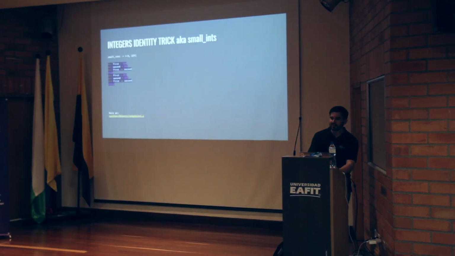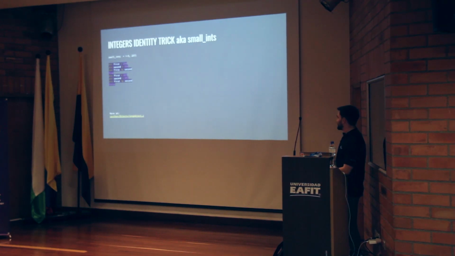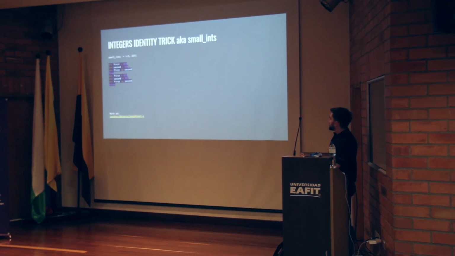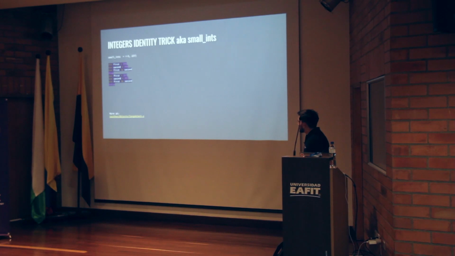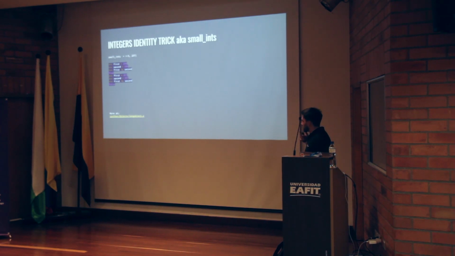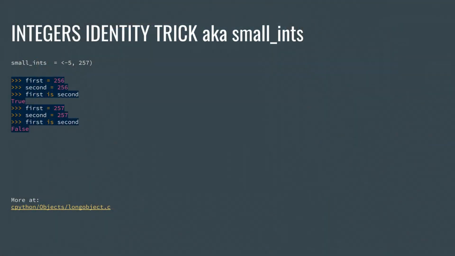Okay, this is a classic trick, regularly posted to Hacker News. If you read Hacker News, or follow Twitter, or you live somewhere where there is internet, you must have seen it. So there is this trick where you allocate an integer which is small enough, and you compare those two integers using is, which tests whether those two things are the same object, pointing to the same address in memory. Then you can see that for 256 it returns true, but for 257 it returns false.